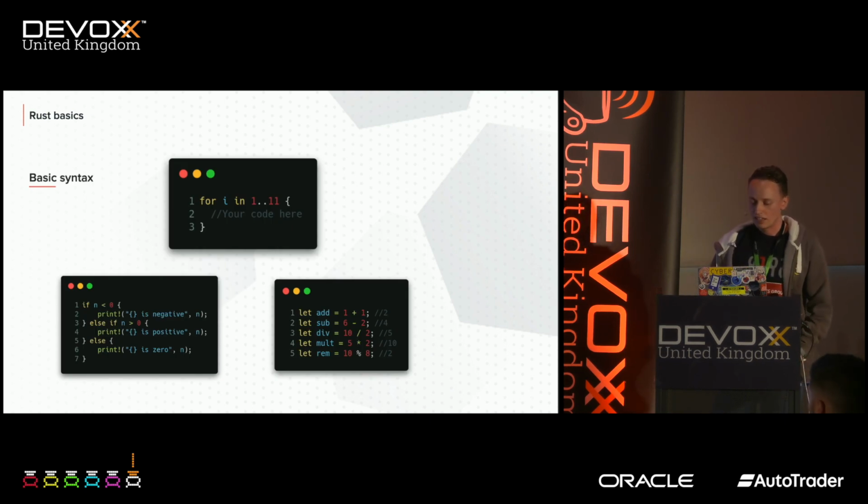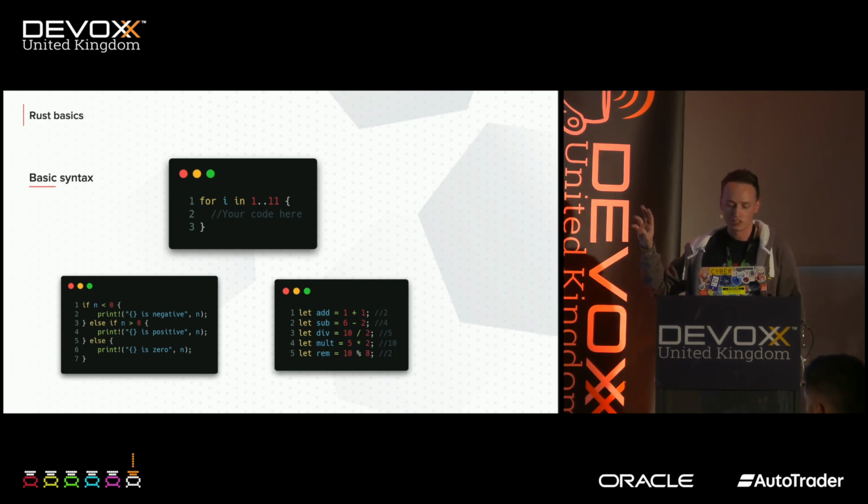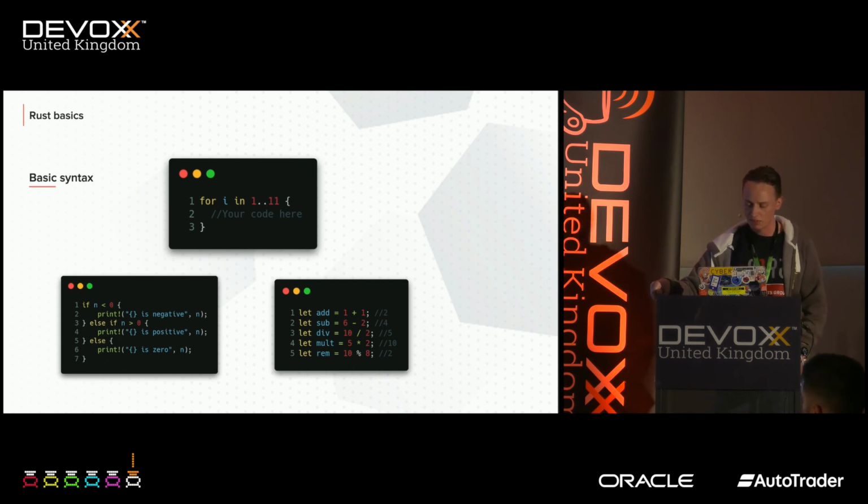So basic syntax beyond that, you have your loops, kind of similar to Python. You can do for x in y, and you also have ranges. So you can say for i in x..y to loop through a range of numbers. Your if conditions look pretty much as you would expect, just you have no brackets around them. The language designers looked at the brackets that you see in a lot of programming languages and just said, why are they there? They don't really need to be there. There's no reason the compiler really needs them to be there. Let's just simplify it. And then arithmetic is pretty much the same as any language. You use the keyword let to define a variable and equals as an assignment.